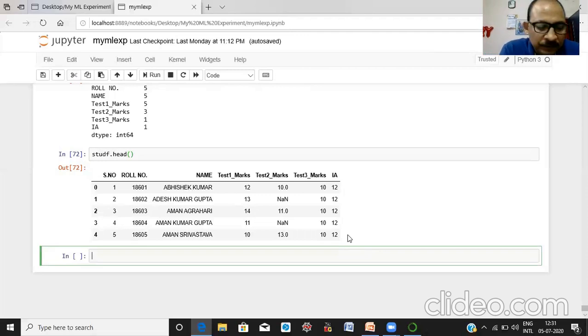How to delete it? The method is drop. You have to specify the column which you want to drop. Suppose the name of the column is IA, which contains a single value.